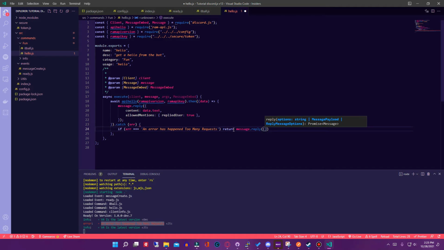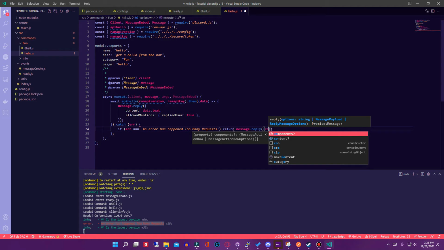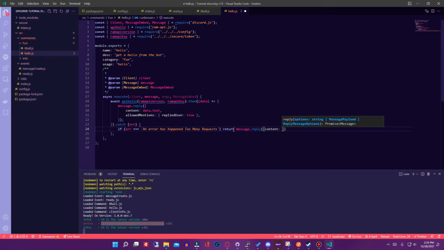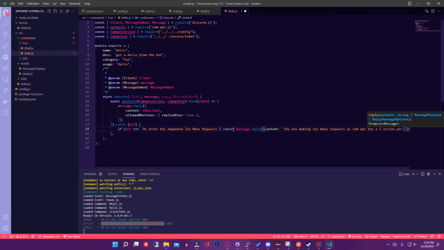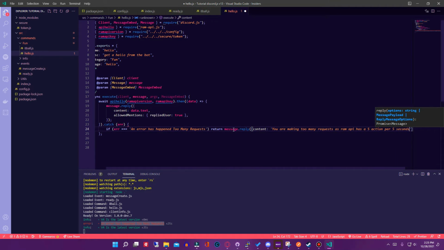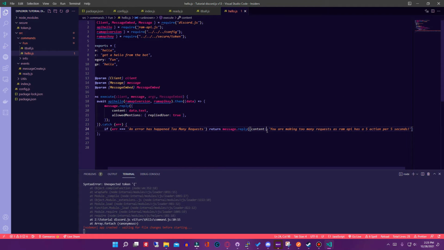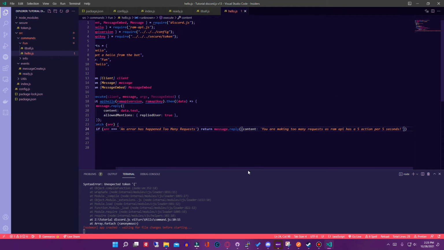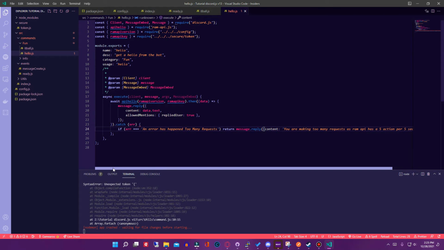Like I said, you would do this exactly the same way to April. Content: You are making too many requests, as ram-api has a 5 action per 5 seconds. So now when the API is reached and